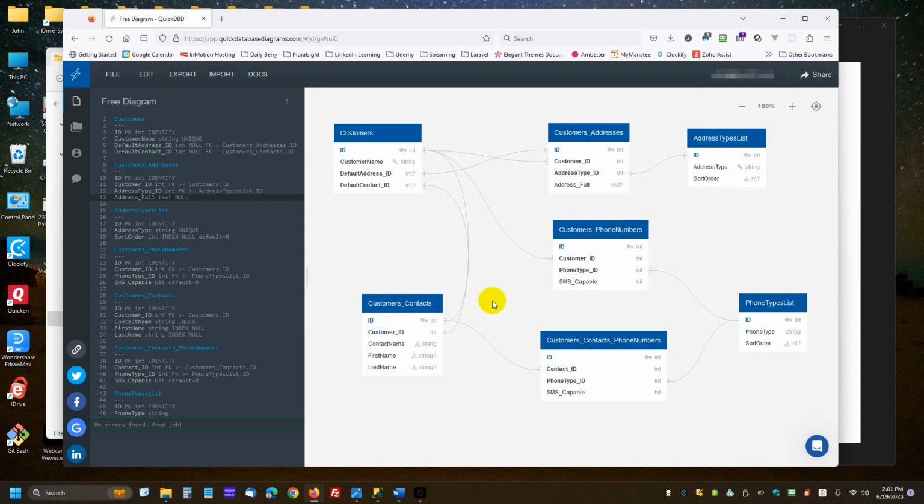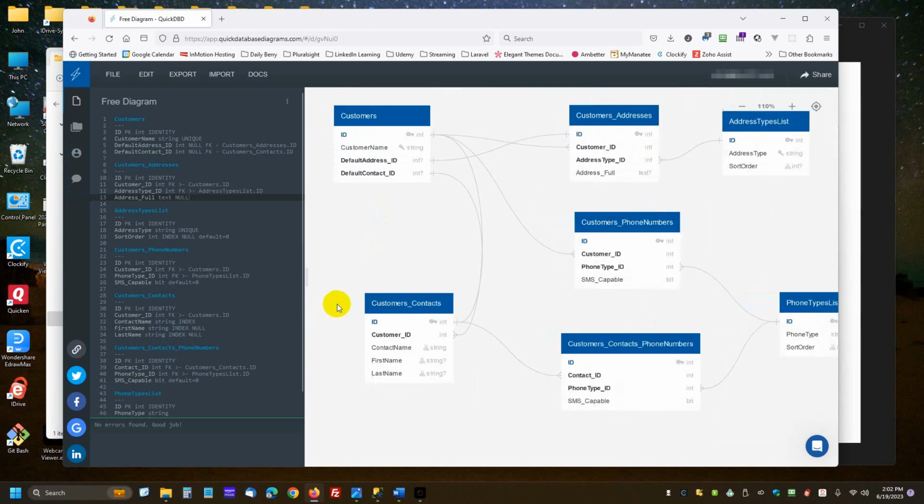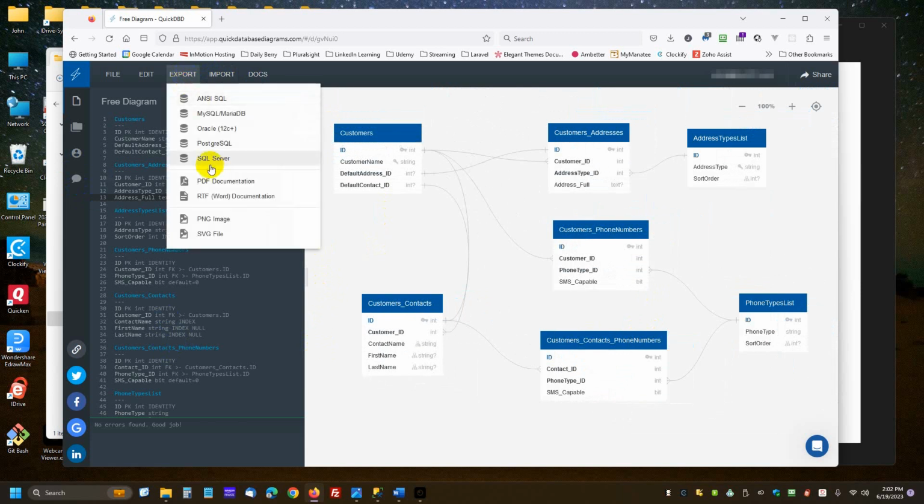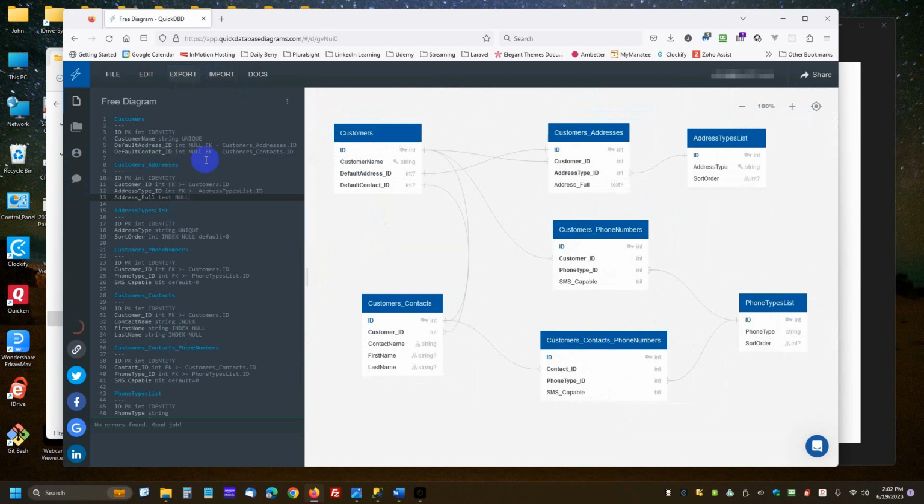Okay, so now this diagramming tool is definitely very, very cool, and I definitely like the way that you basically just type all this in and it makes the diagram for you. In general, most diagramming tools work the other way. You build the squares and then it generates the code for you. But here's what I want to do: I want to export this code to SQL Server migration type of code. So I have this export feature here, and you just hit SQL Server and